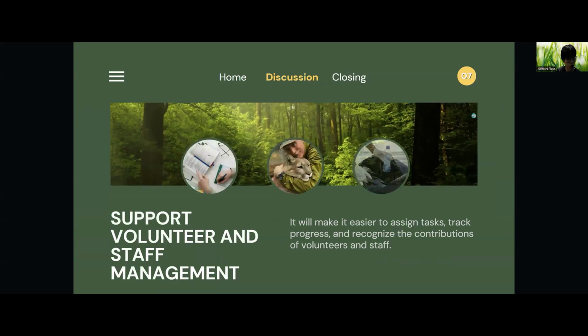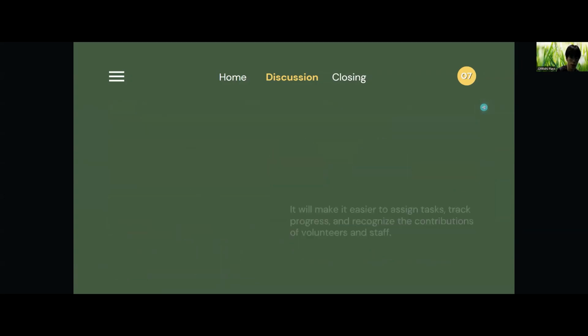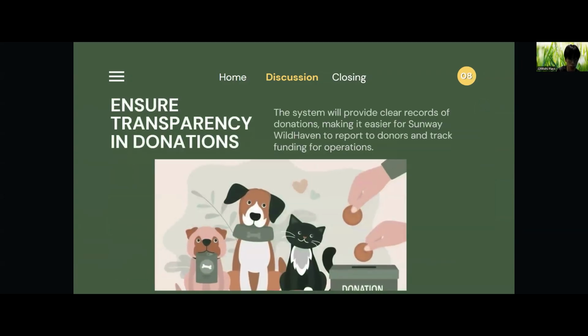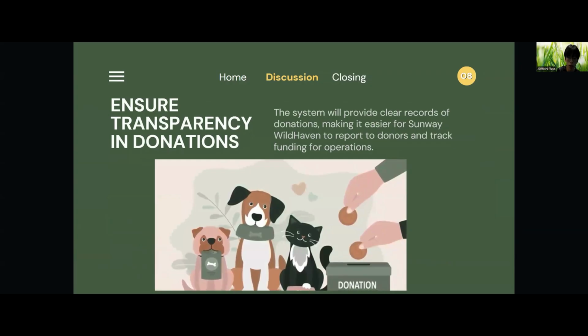Following, we have support for volunteer and staff management. Our system will make it easier to assign tasks, track progress, and recognize the contributions of staff and volunteers. Lastly, we have ensure transparency in donations. Our system will provide clear records of donations, making it easier for SunwayWildHaven to report to donors and track funding